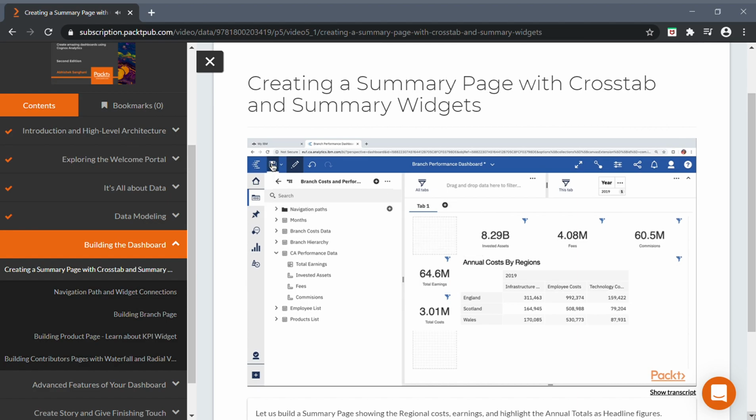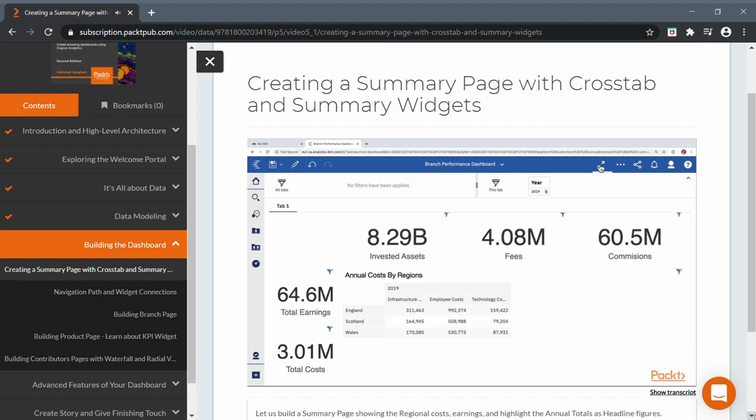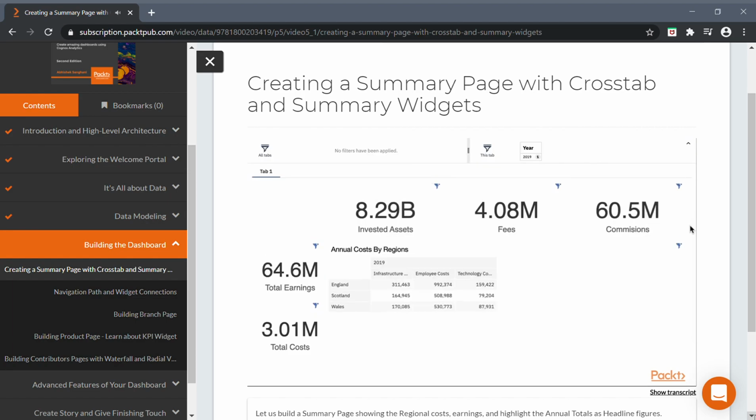Let's save this dashboard, and we change the mode to presentation mode by turning off the edit option. So whenever any user is going to access this dashboard, this is how it will look. Let's open in full screen. In one glance, they will be able to see the 2019 invested assets, fees and commission. They will also be able to compare the total earnings and total costs, and they can see the cost split